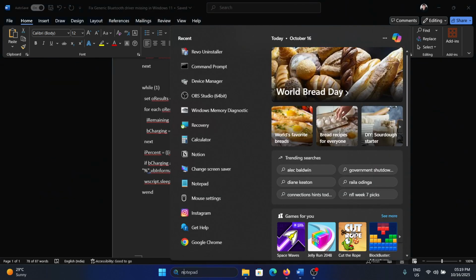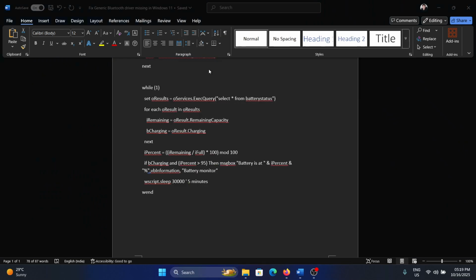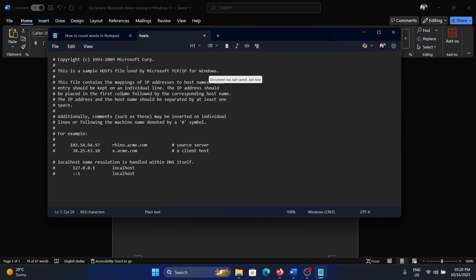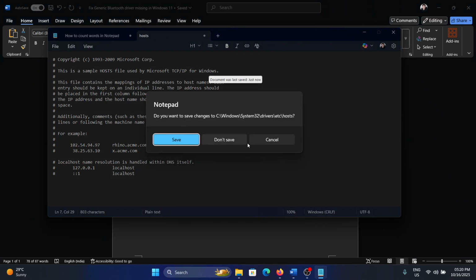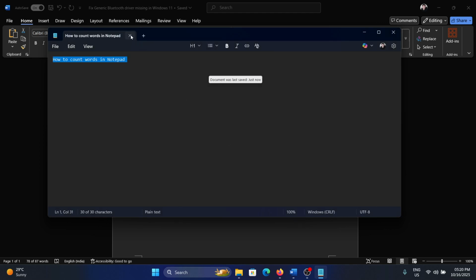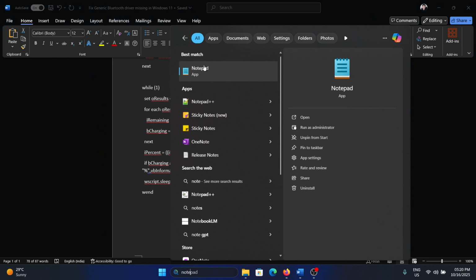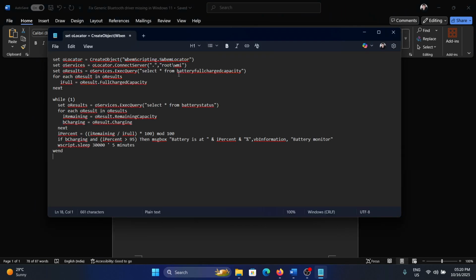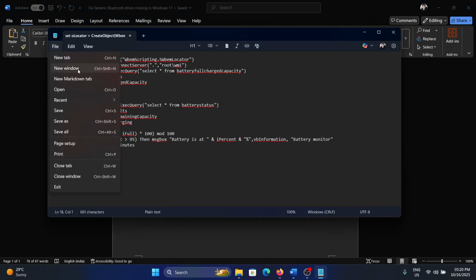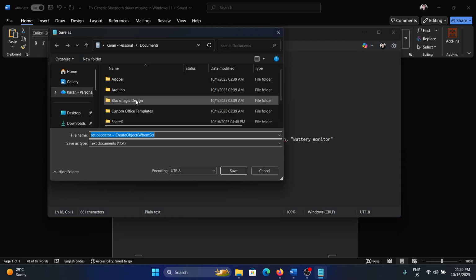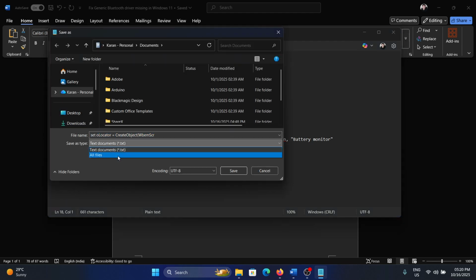Copy the script, search for Notepad in the Windows search bar, open Notepad, delete all the tabs. Okay, delete each and every tab and then close it and then open it once again so that we have a clean one. Paste this here, click on File, select save, okay, and then change this one to all